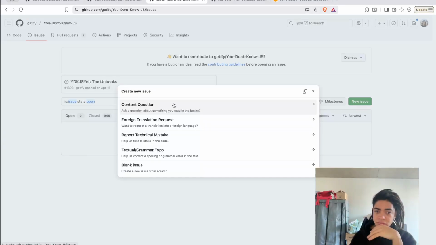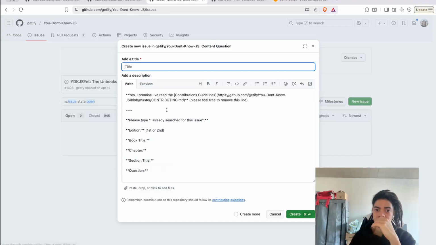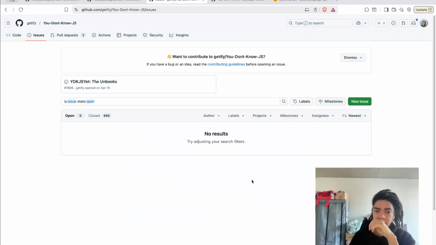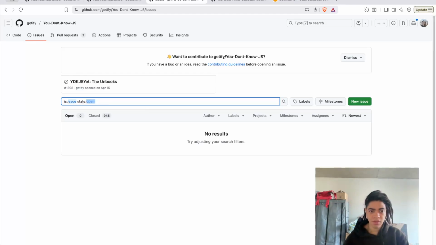Content question. Textual grammar typo. Blank issue. Type: already searched for this issue. Okay.